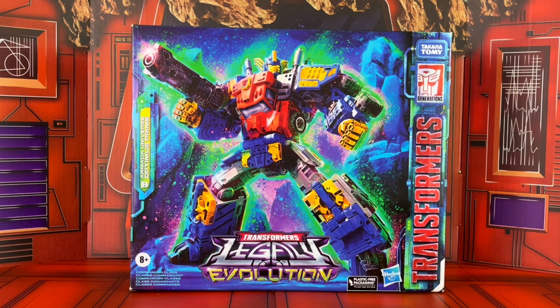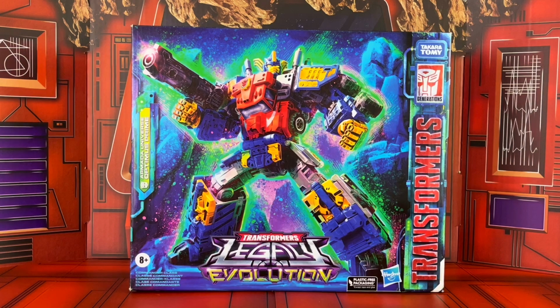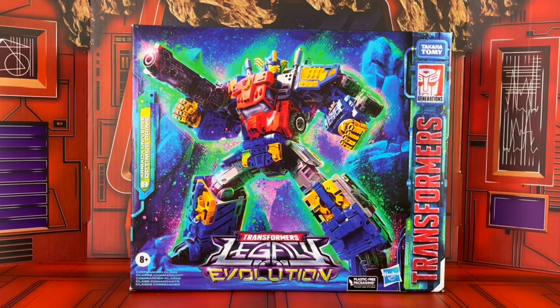Today we are taking a look at Hasbro's newly released Transformers Legacy Evolution Armada universe Optimus Prime, inspired from the 2002-2003 series. This series was a reboot and the first of 3 sequels, which continued on into Transformers Energon and Transformers Cybertron, which was not my cup of tea as far as a trilogy. It was really disappointing. Armada is remembered for its animation mistakes, as well as giving us some iconic characters such as Hotshot and Megatron in that particular form that he was shown in, Starscream, and of course this Optimus Prime